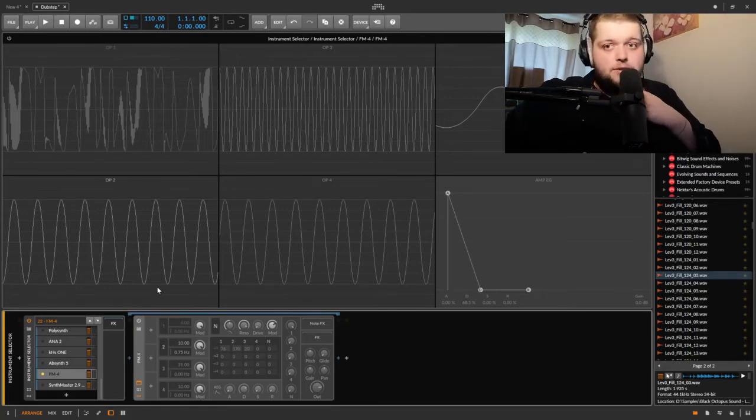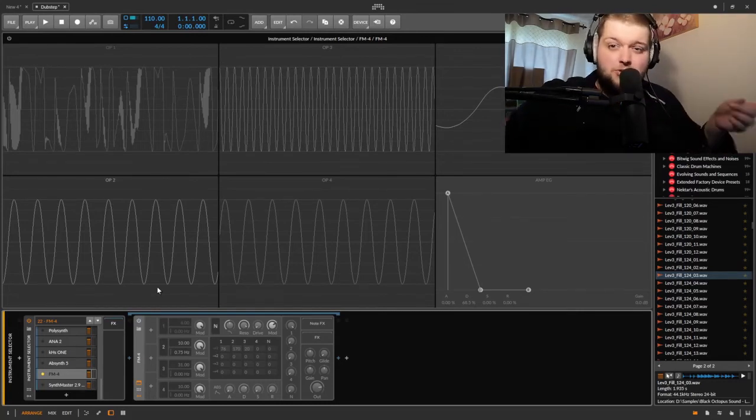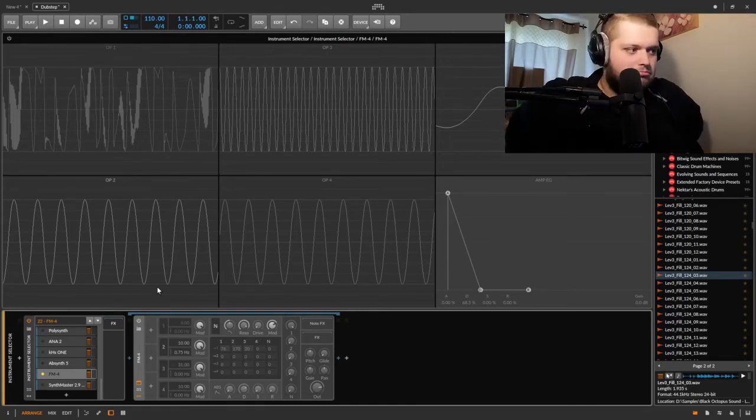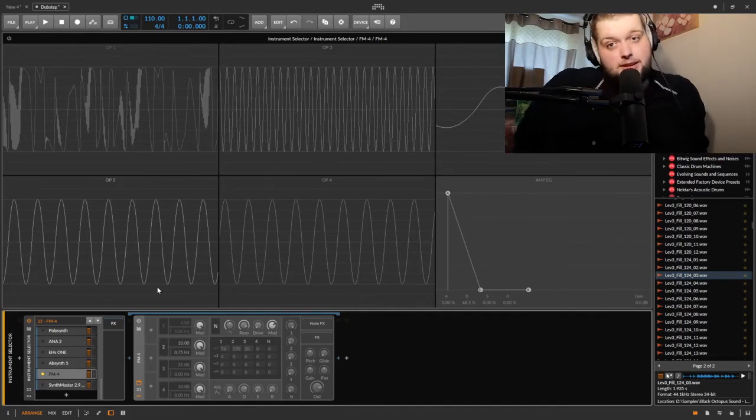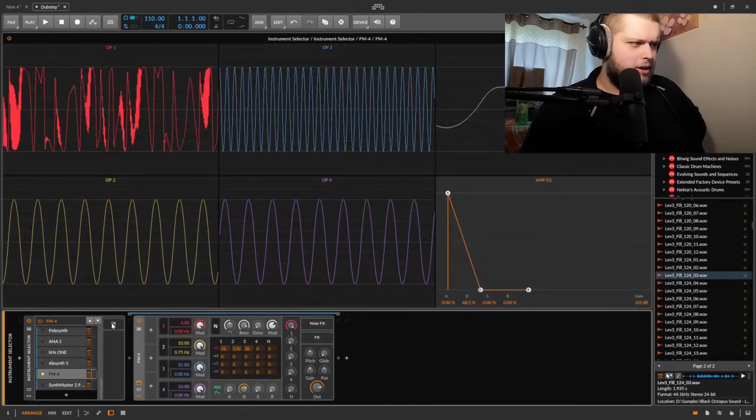There's a lot you can do with it. I would just always go for FM8 if I wanted to do something like this. But if they added the ability to draw your own wavetables to FM4, or your own waveforms like in Operator, this would kill Operator. It would be way better than Operator. And Operator is sick. Operator is one of the things that I was most sad about leaving Ableton for because I loved Operator so much. But yeah, Bitwig add,